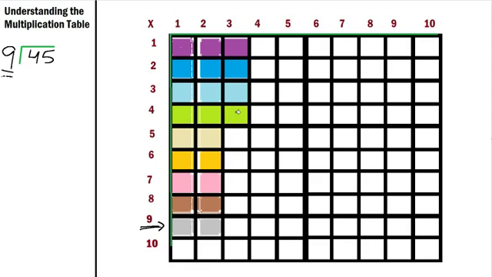19, 20, 21, 22, 23, 24, 25, 26, 27, 28, 29, 30, 31, 32, 33, 34, 35, 36, 37, 38, 39, 40, 41, 42, 43, 44, 45. So you can see that we had 45 things,